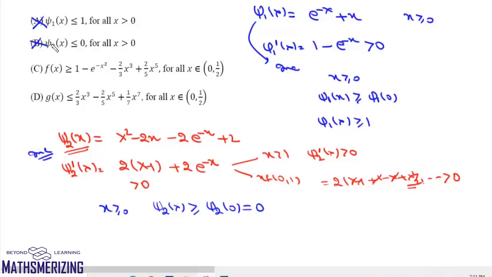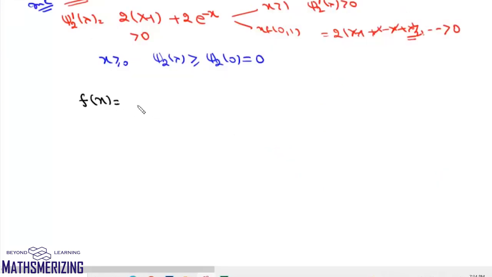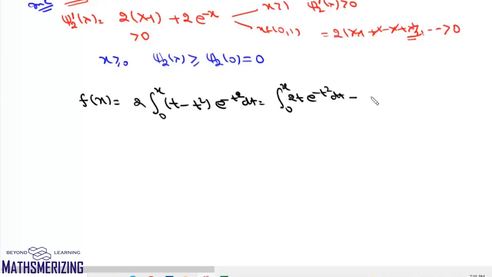Now, if we look at this function f(x), this function f(x) is 2 times this integral from 0 to x of t minus t square e to the power minus t square dt. Now we can write this as integral from 0 to x of 2t e to the power minus t square dt, and then minus 2 times this integral from 0 to x of t square e to the power minus t square dt. Now if we take t square as z, we'll get this as minus e to the power minus z, which is 1 minus e to the power minus x square, and then here we'll have this minus 2,